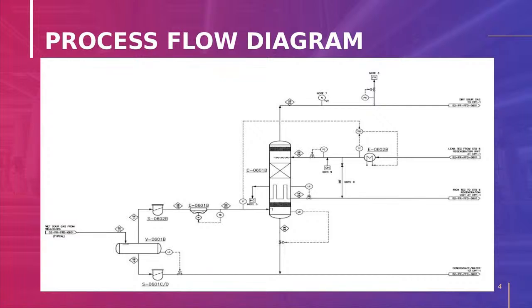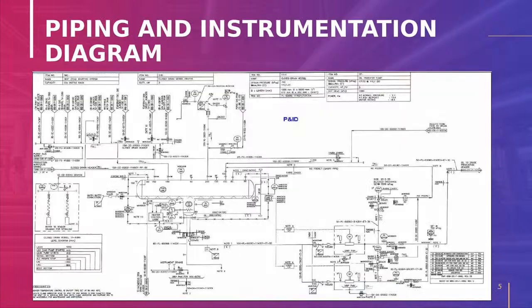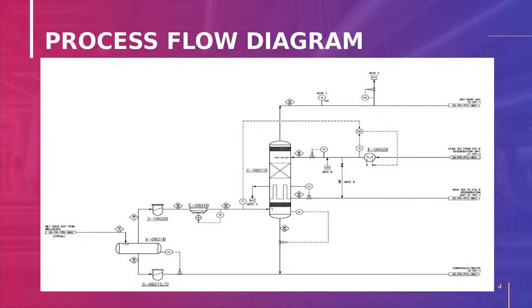This is the presentation of a simple process flow diagram. We can see it shows only the reactor, the upstream exchanger, and other than that a vessel. So it will show only the major equipment. If you go to the P&ID of the same process unit, you will see a lot of instruments, a lot of valves, controlling devices, pressure transmitters, temperature transmitters, everything. So this is a PFD, and the next picture is the P&ID.